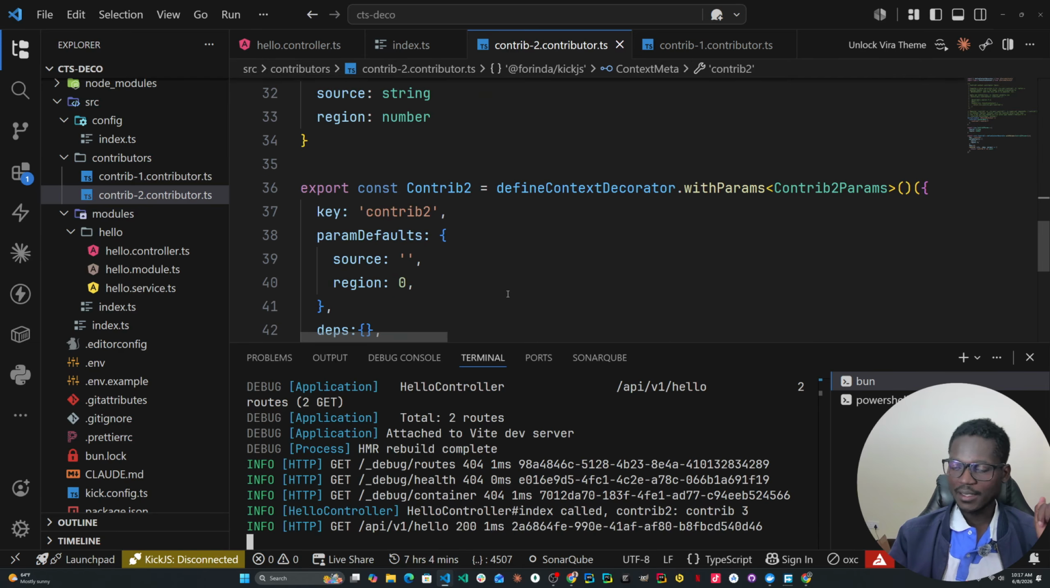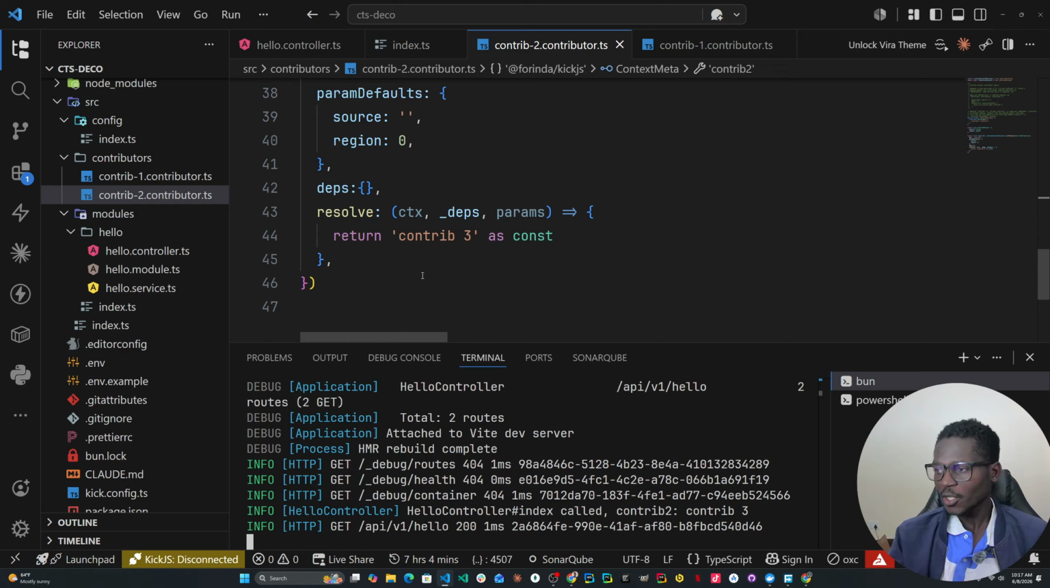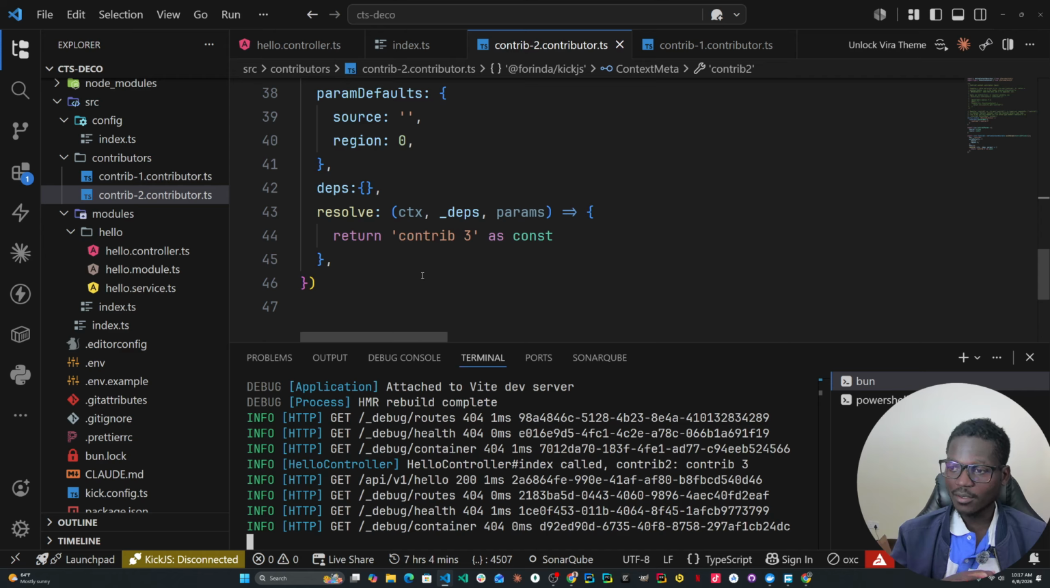So why is this really important? This is the reason. You might want to inject some things at runtime in the process of the context when you are running your application and you need to inject something in the request context. So this is how you can use these decorators to inject context. Okay,